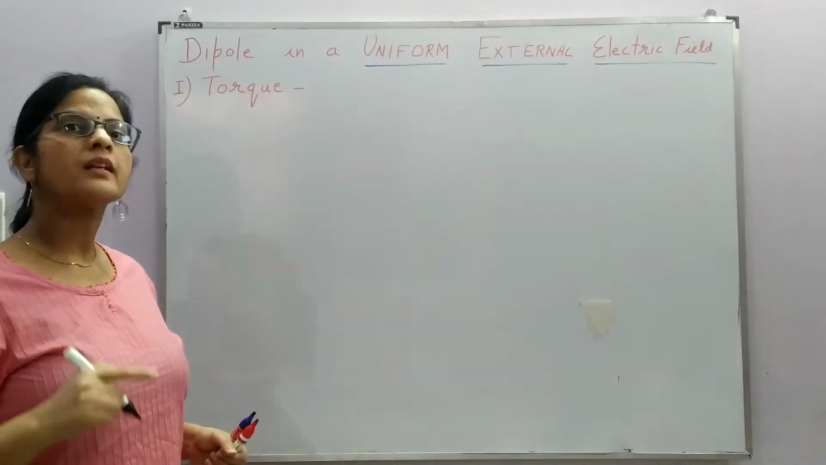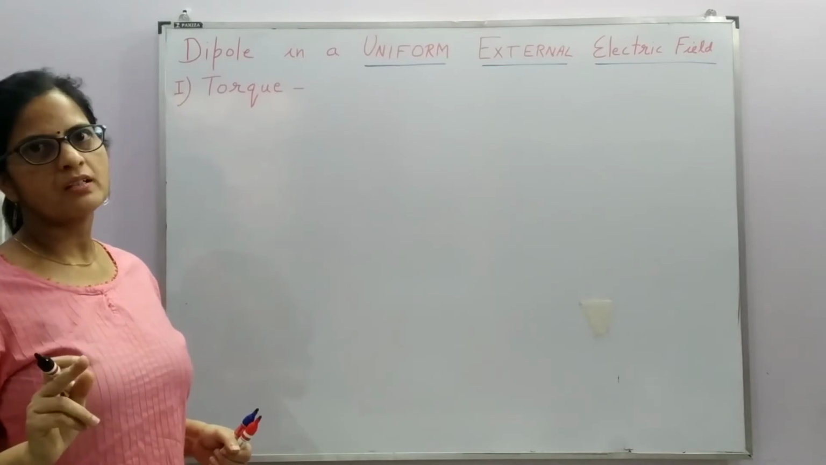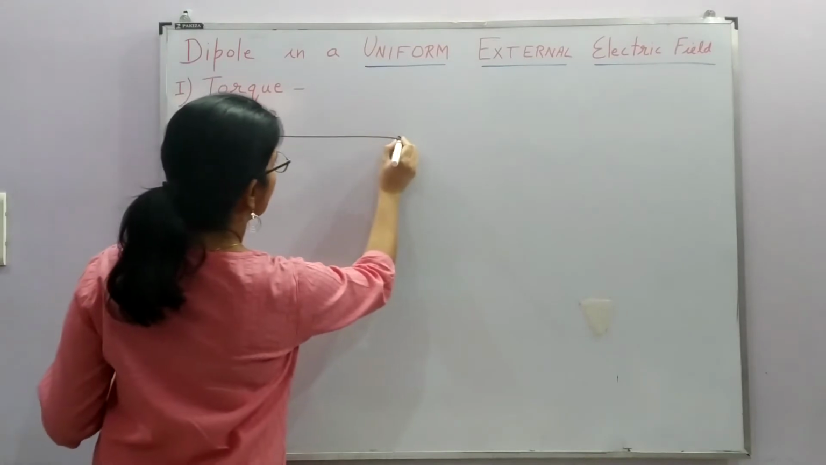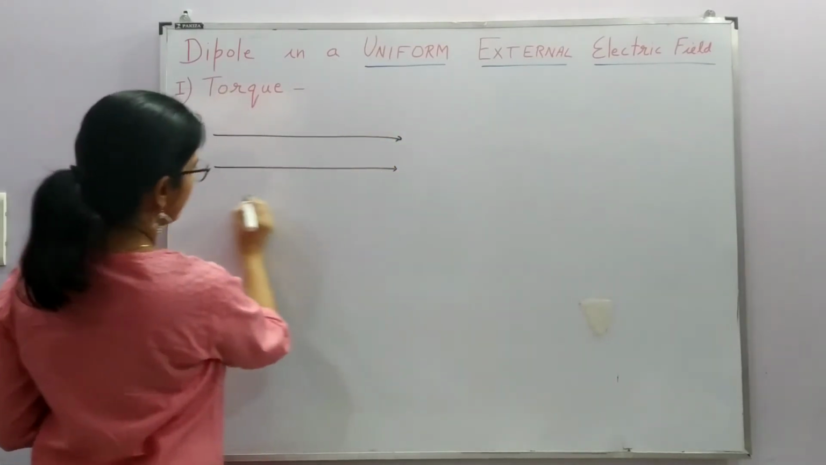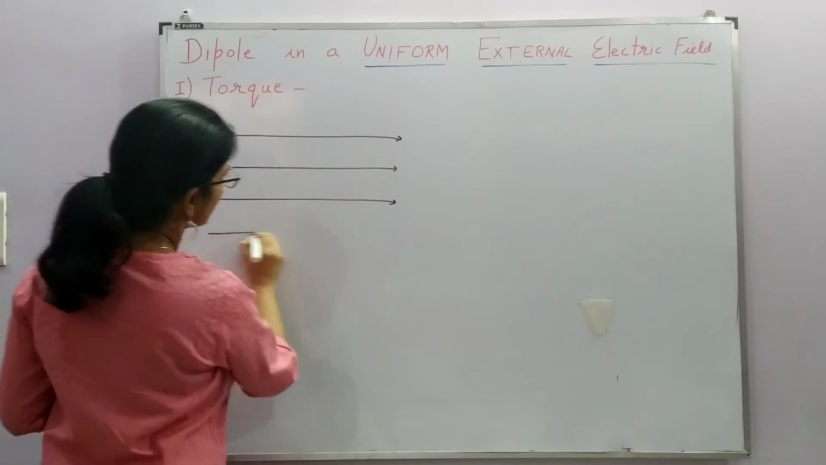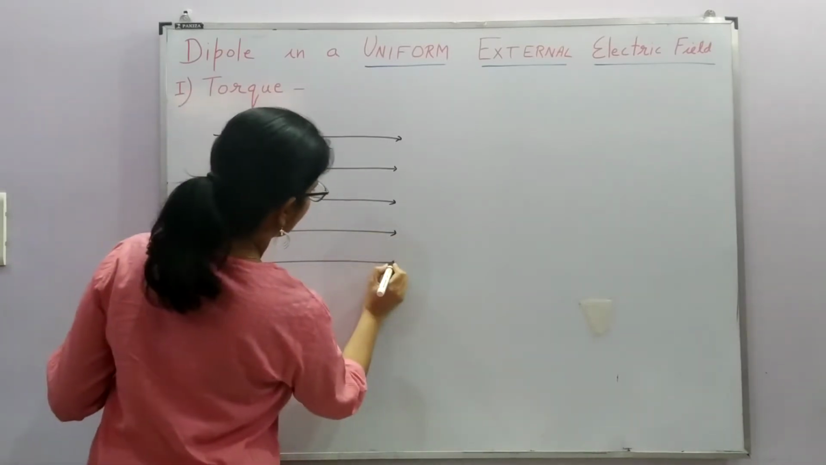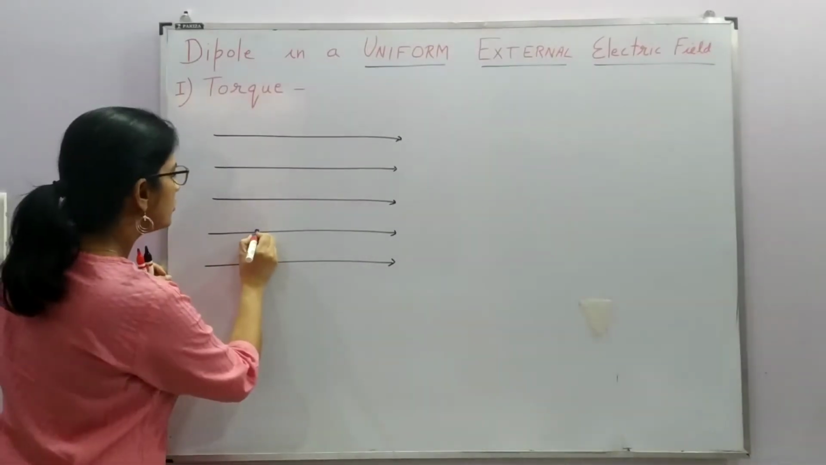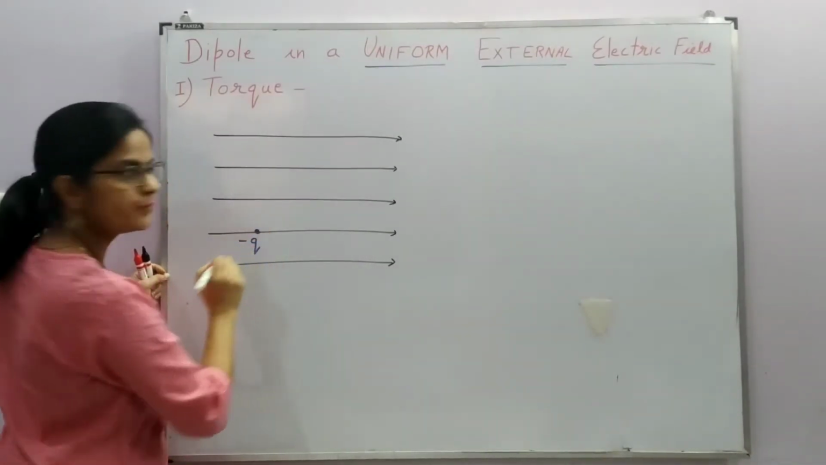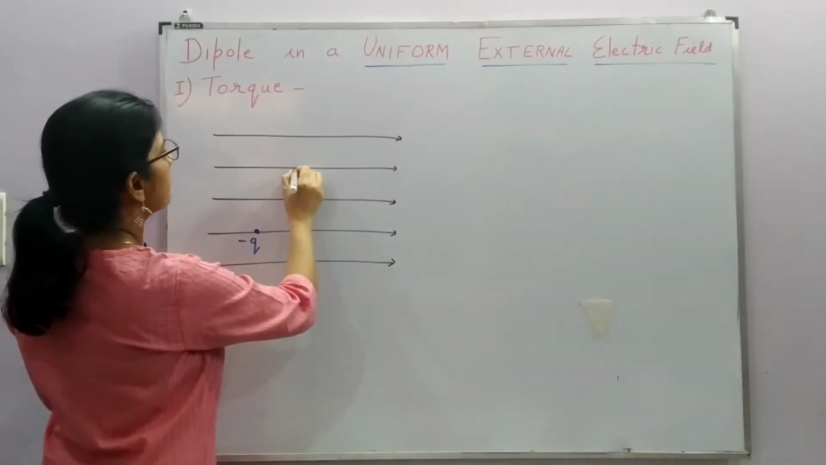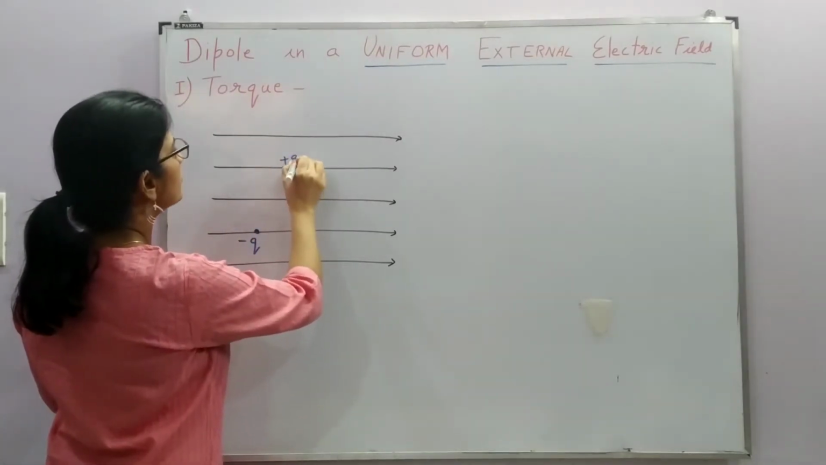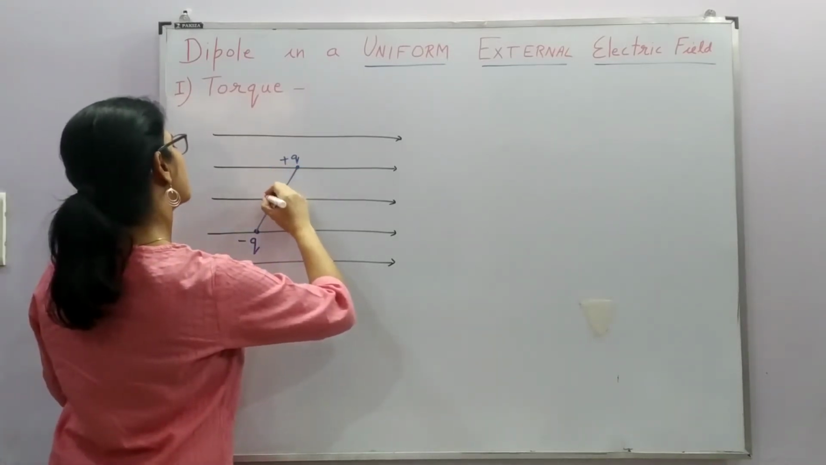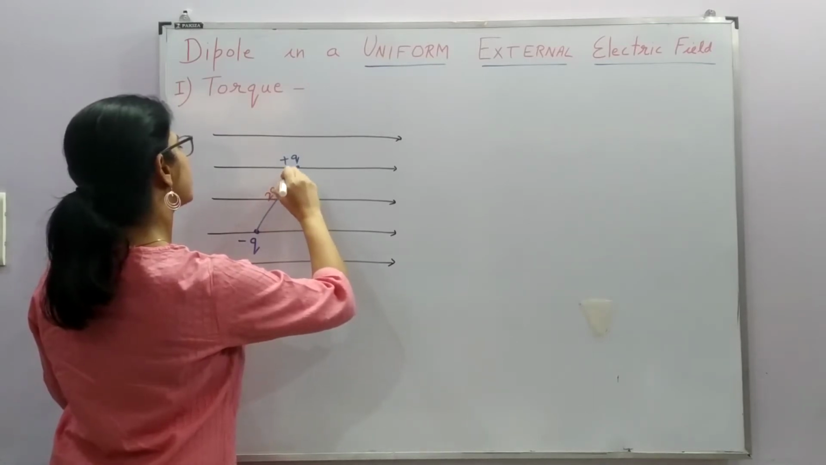We know that a uniform electric field is represented by parallel electric field lines. So, if we consider a uniform electric field over here, we will consider parallel electric field lines. And I am drawing a dipole, minus Q, plus Q, separated by 2a distance,